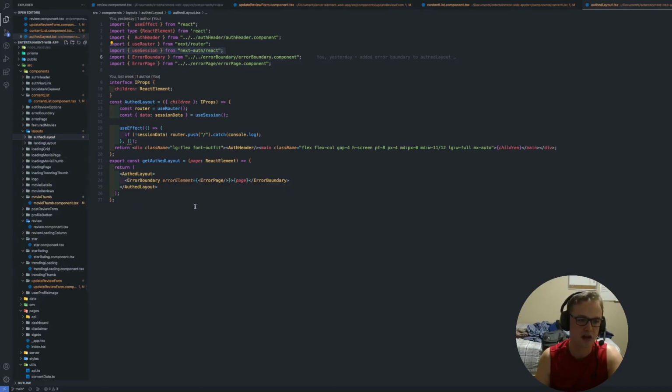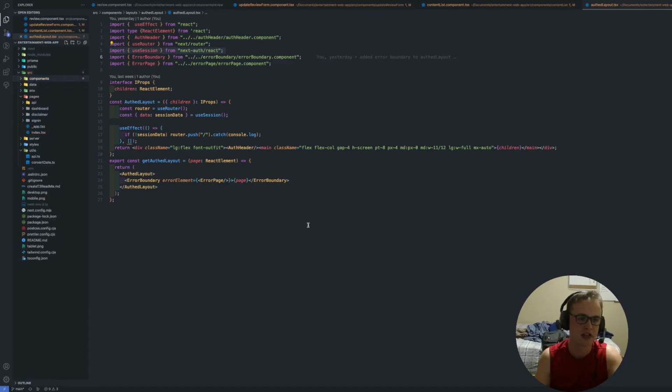That page renders out the index of whatever is in the directory. If you go to the dashboard, it'll load whatever the index.tsx within a directory is, essentially. So in this case, Next.js has a pages directory. Inside of the pages directory are going to be a couple of different folders. One of them is going to be dashboard. Another is going to be disclaimer, sign in, but you'll always have an